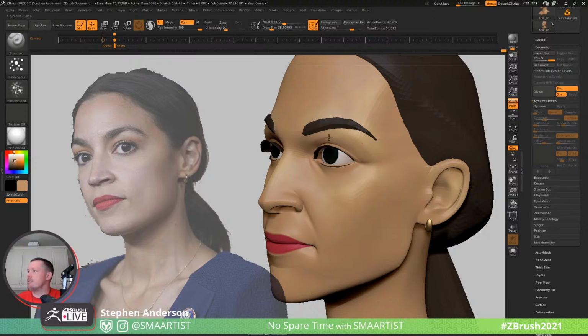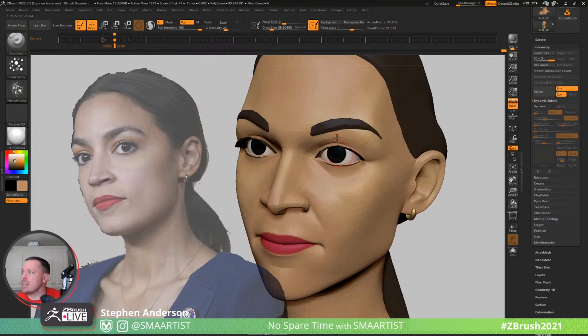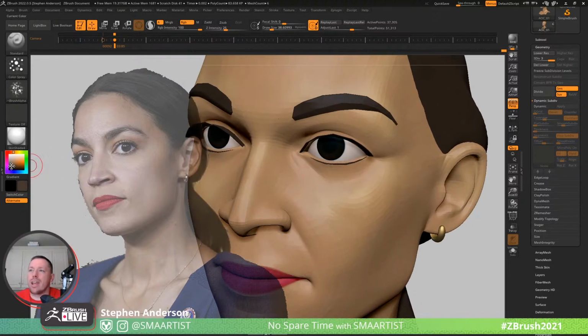And then for the section around the eyes, we're going to want to add in a little bit of an off-gray sort of color around this area. Not that deep though. Yeah, let's go ahead and